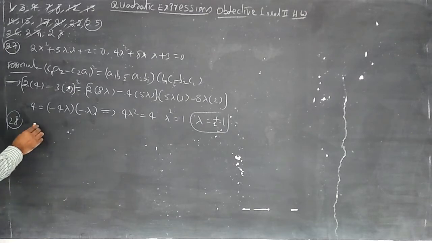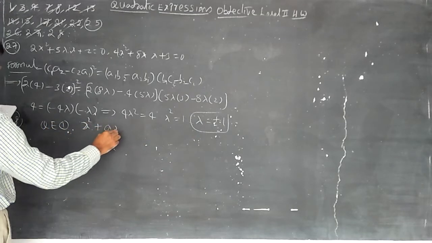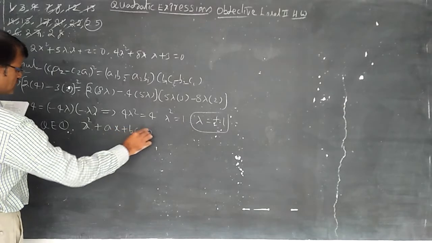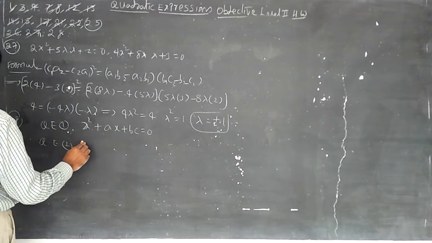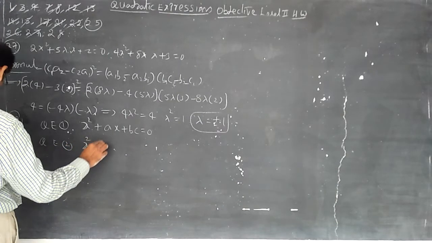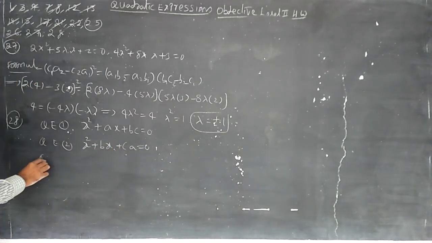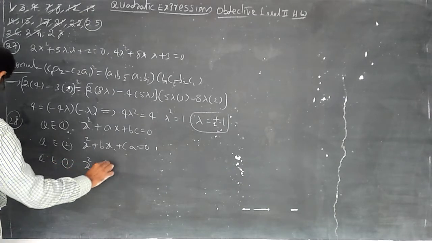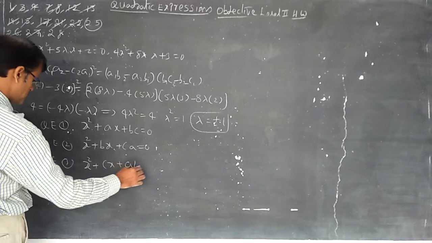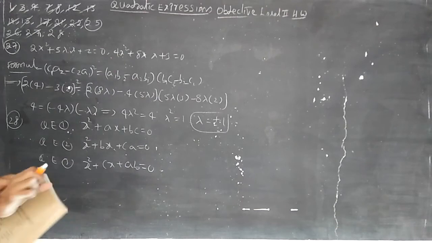If every pair among the quadratic equations has a common root, I am writing QE1: x squared plus ax plus bc is equal to 0. Quadratic equation 2: x squared plus bx plus ca is equal to 0. Quadratic equation 3: x squared plus cx plus ab is equal to 0. Has a common root, then the sum of common roots.